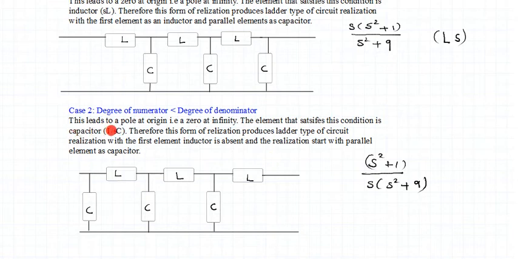Capacitive nature gives us the characteristics of a pole at origin, and therefore if we have a system given by an equation as shown, wherein the numerator degree is less than the denominator degree, it is always the capacitive element as the first element followed by the inductive element. So it is the capacitor followed by inductor in case of an LC function realization, if the degree of the numerator is smaller than the degree of the denominator. So let us understand these characteristics with examples.